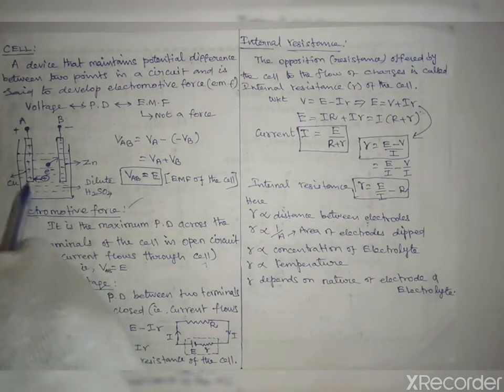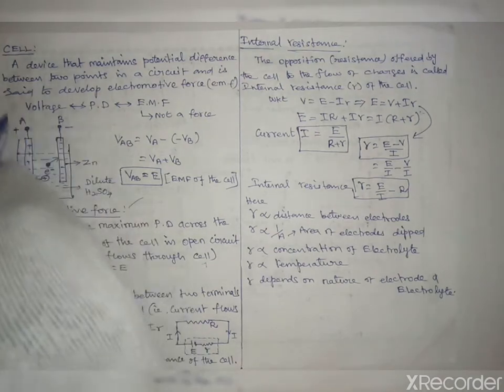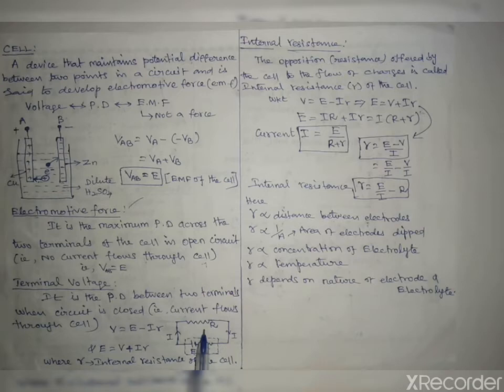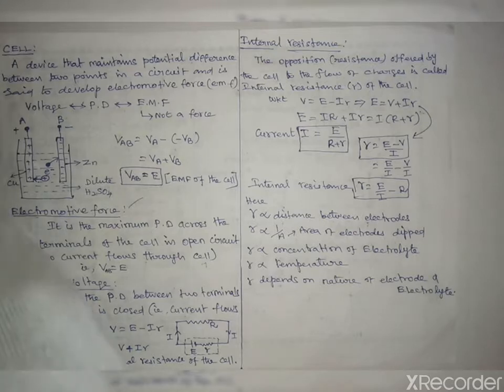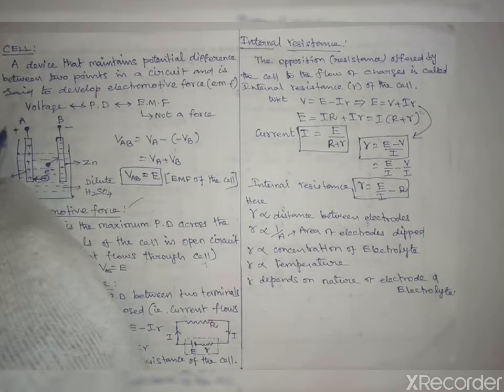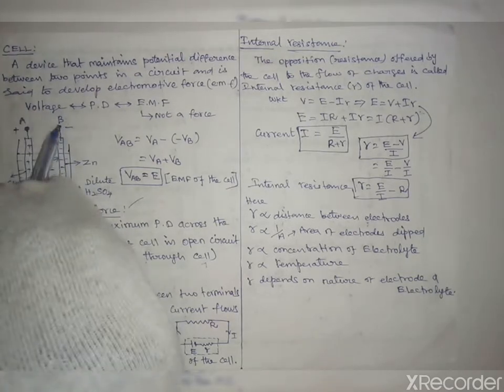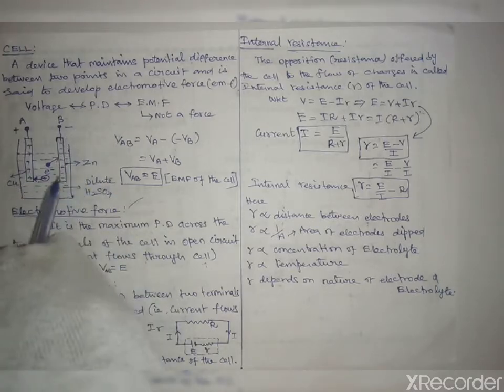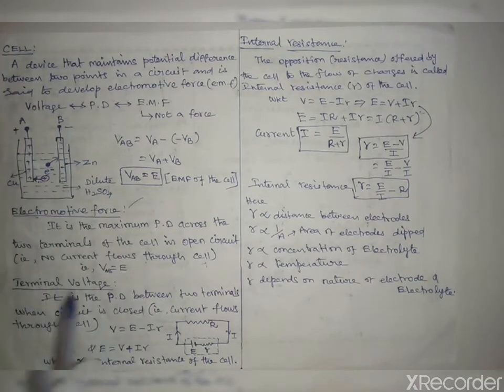And now the terminal voltage. The battery is connected to an external circuit. While applying the resistance, or simply a load, connected in parallel to the battery or cell, the circuit is closed. Now current is delivered by the battery or cell, or simply I is flowing through the cell. So now the potential difference decreases, because the charges move from one terminal to another terminal. So the potential difference somewhat decreases. That is called the terminal voltage.